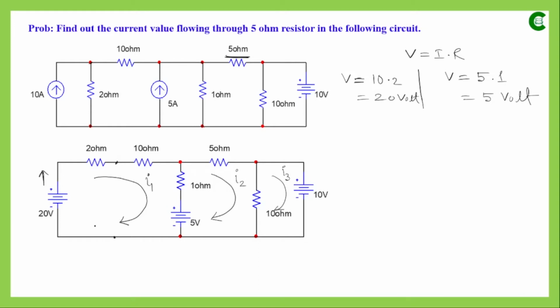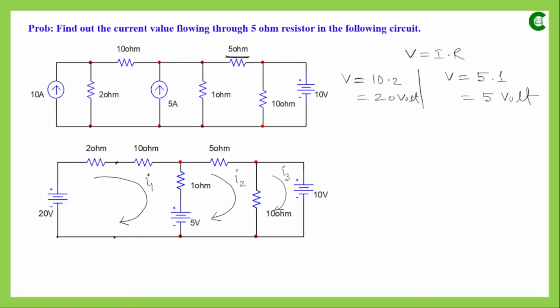So in the first loop, if we apply KVL, this is a closed path, so we will start our journey from any point in that closed path. Suppose we start traversing the first loop from this point, and follow the direction of current of the first loop, which is clockwise, so the first voltage value that we will come across is